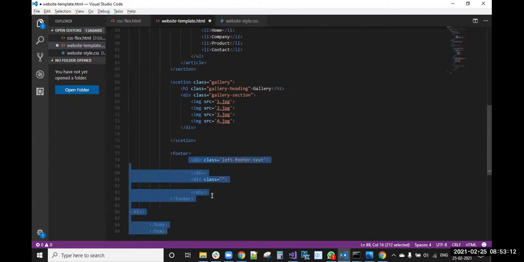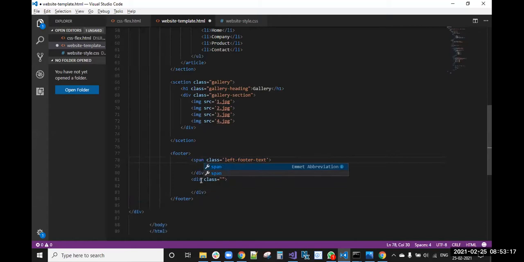Instead of div, we can take span also. Yes, span. That will be better.